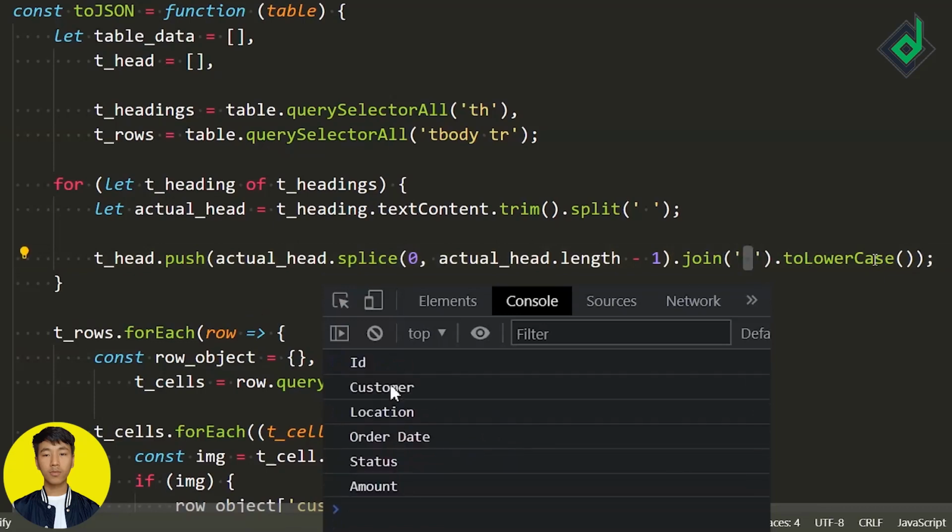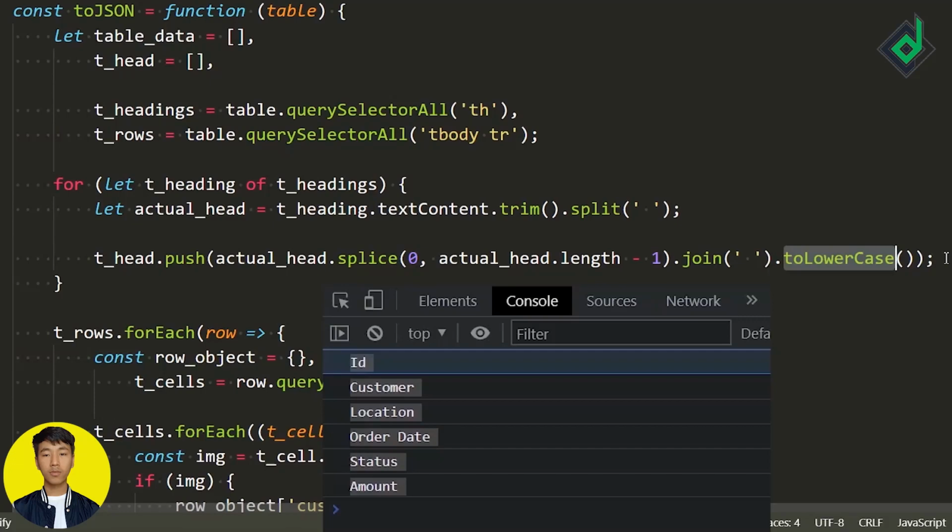Next to that, again I can write .join. Within that join method, I'm passing a string with a space. So now I'm joining all the values of the array with a space. Now all those values will be converted into text or a string, and now all those texts I'm converting into lowercase. So for that, I'm giving the toLowerCase method. So in this way, we were able to get rid of that up arrow icon and transform all the table headings text into lowercase.